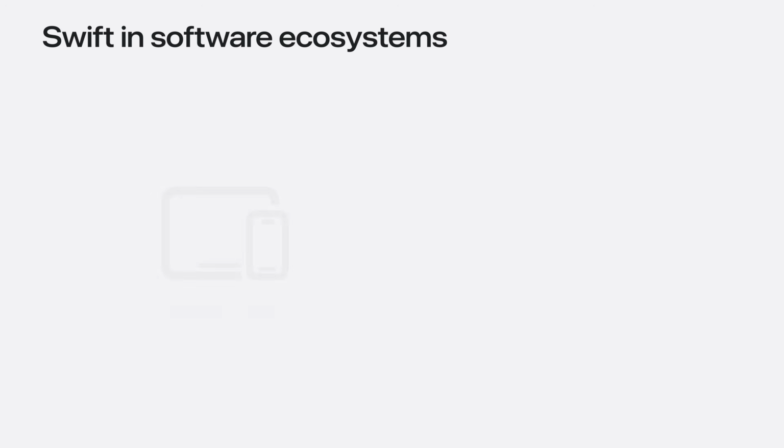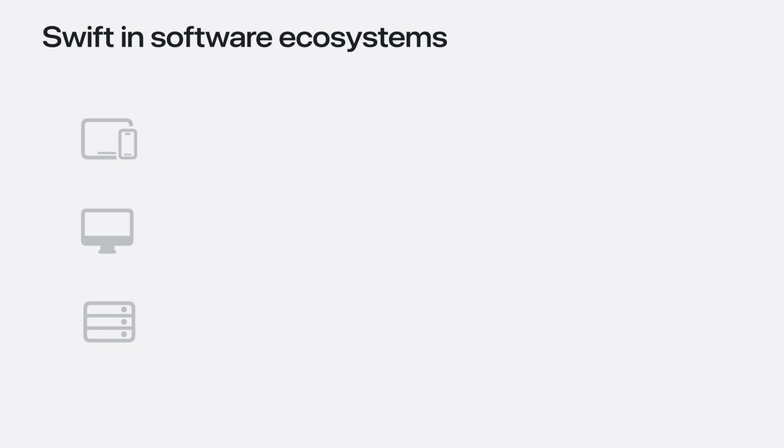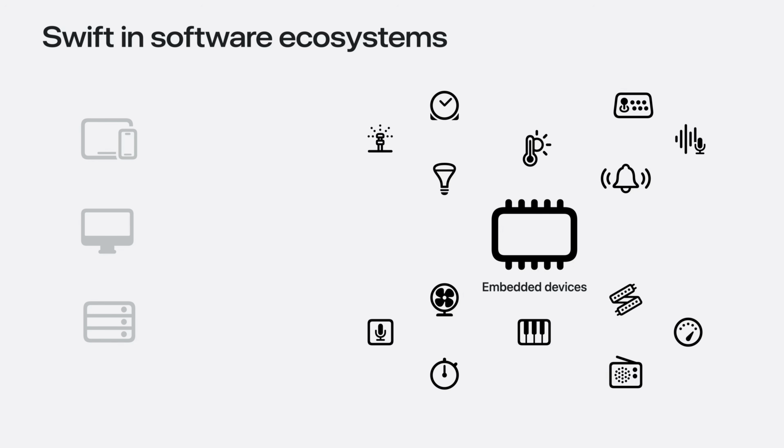Let's jump in. Today, you can use Swift to build many different types of software. You can target mobile devices, desktop computers, servers. In this session, we're going to talk about using Swift in a new area, on embedded devices, which we are surrounded by in our daily lives. Smart lights, thermostats, alarms, smart fans, music devices, light strips, and many other common gadgets are built using programmable microcontrollers. Today, I would like to show how you, as either a hobbyist or even a more serious developer, can use Swift to program these embedded devices.